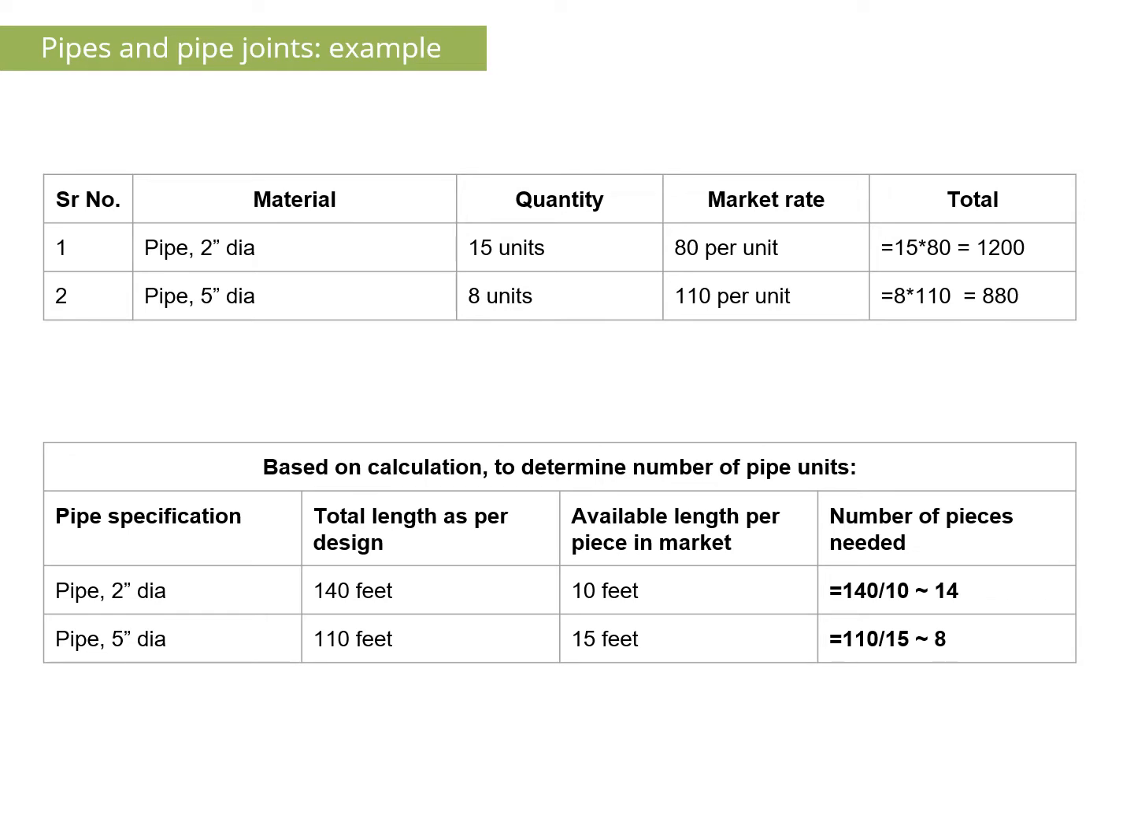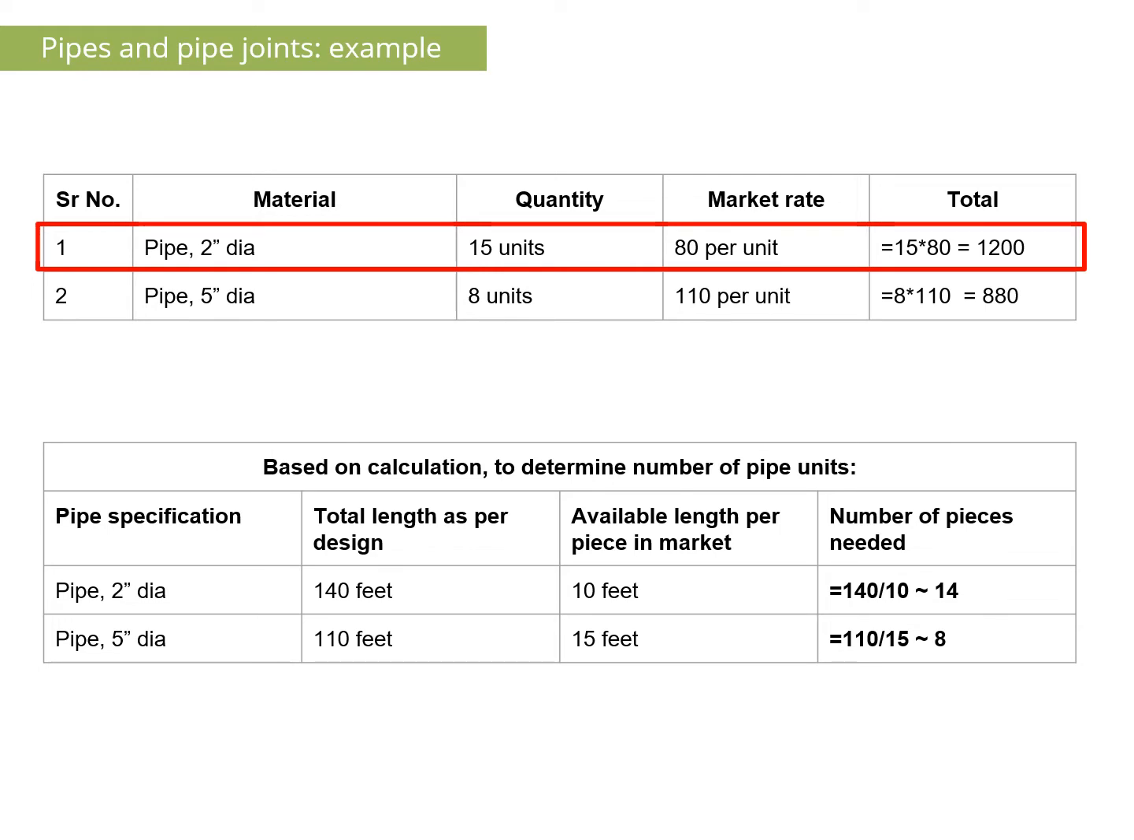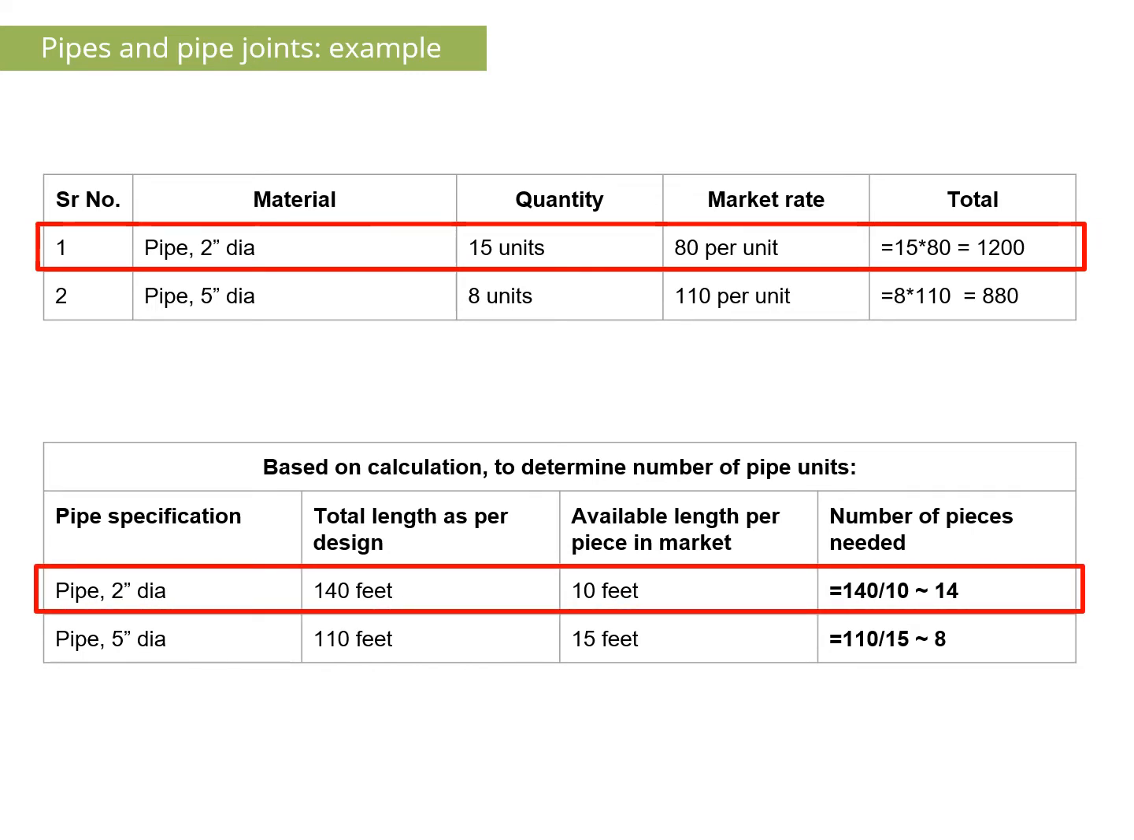In the table, there is the requirement of 2-inch dia pipe and a total of 15 pipes are required. The rate of one pipe which comes with standard length is say 80 rupees per unit. So that gives 15 into 80 is equal to 1200 rupees. The same way, if we have to determine the number of pipes, we have to calculate the total length as per the design divided by available length in market, that is 140 feet divided by 10 is equal to 14 pieces